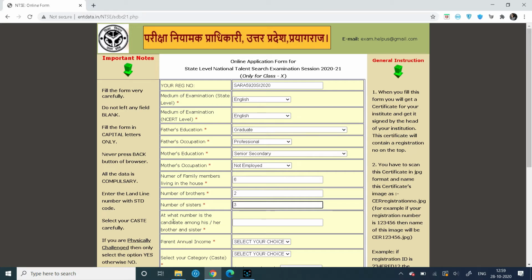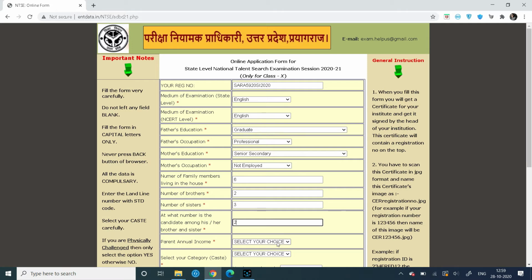Then at what number is the candidate among his or her brothers and sisters, means what is the number of the candidate. If you are the eldest member of your family, then you will write 1. If you are the second one among your sisters and brothers, then write 2. If you are the third one, then you write 3.